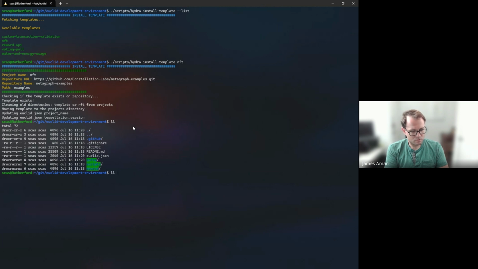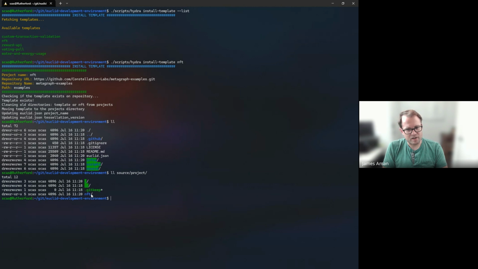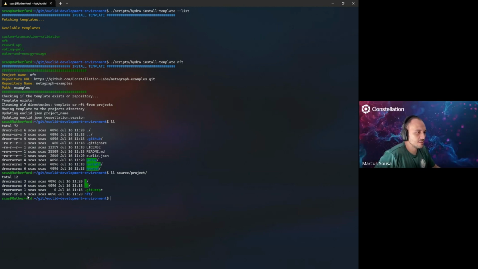Source. Oh, okay, there. It places the NFT Metagraph files underneath source project. And so this is, going back to the folder structure that Marcus showed us just a minute ago, all of the Metagraph, like the Scala SBT project, is under this NFT folder here. All right. So yeah, and it's worth mentioning real quick, James, that when we install a template like this,